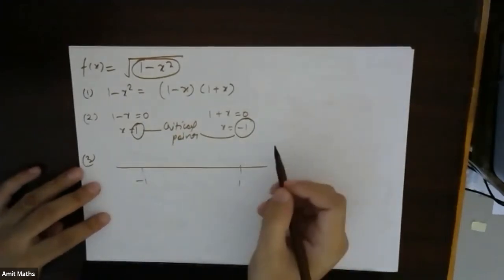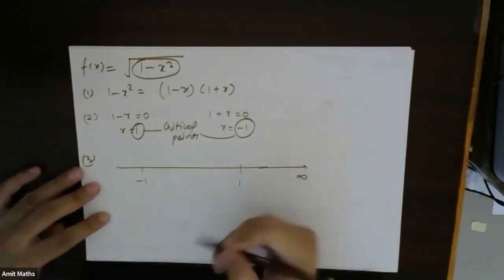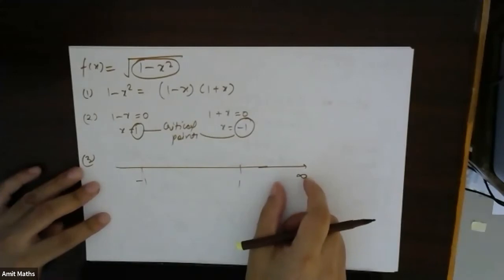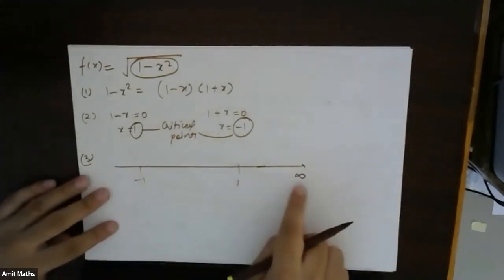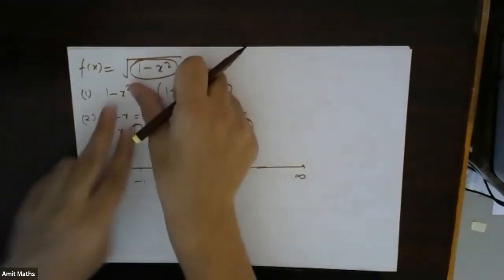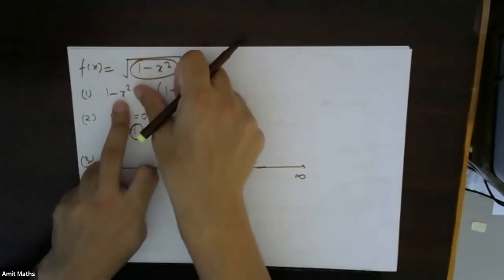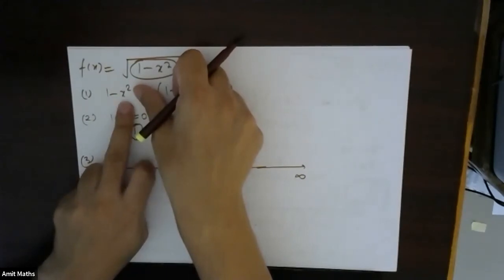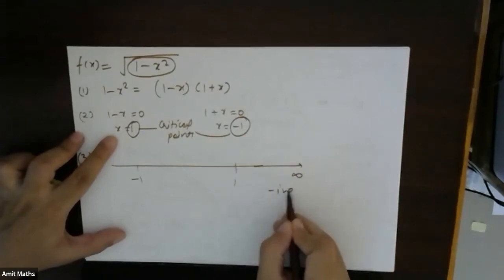Now, after putting ascending order, I will take one extreme. So generally I will always prefer plus infinity. You can always check for minus infinity also. It will give you exactly the same result. So for x tending to infinity, when x is a very large number, this 1 minus x square will become negative. Suppose if I substitute x is equal to 10, this will become 1 minus 10 square, 1 minus 100, which is -99. That means when x is a very large number, this is becoming negative.